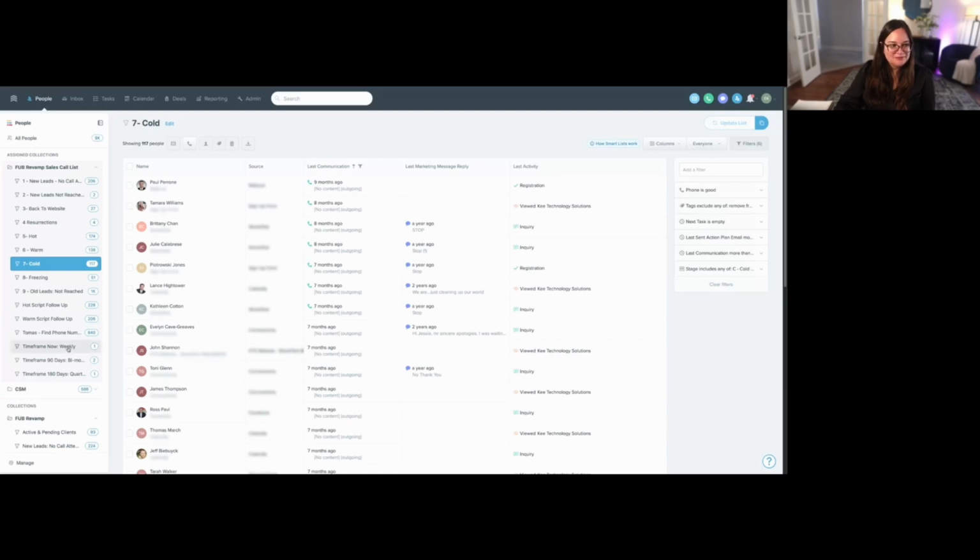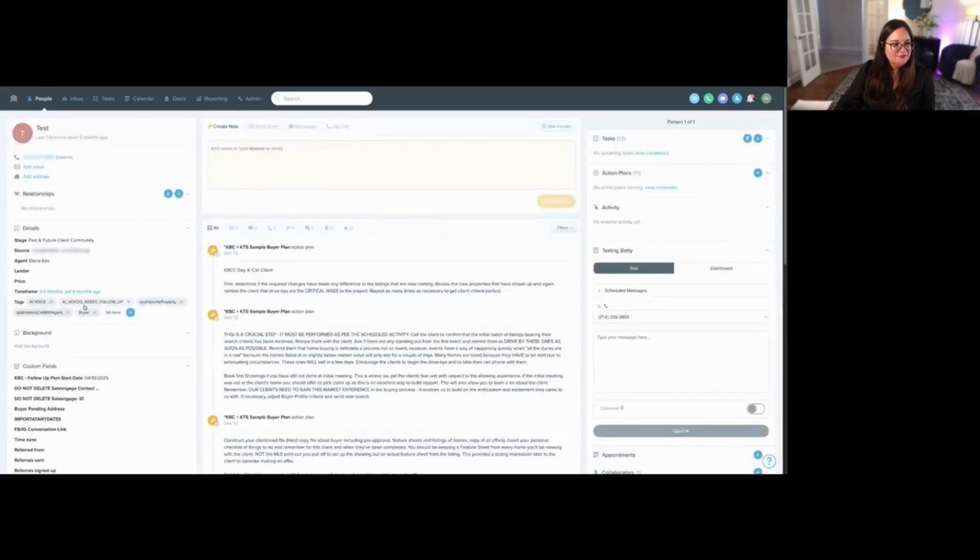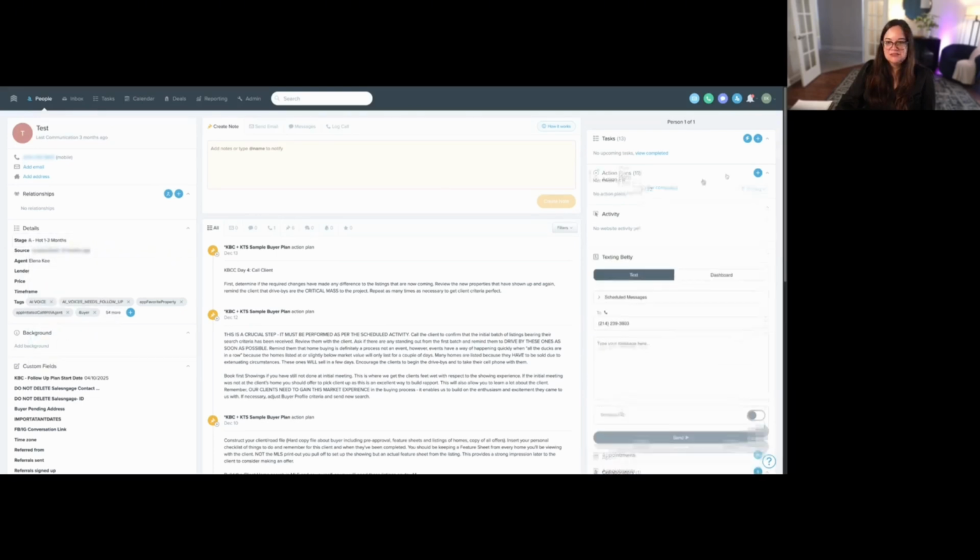Why? Because the time frame here can be missed all of the time. You can change the stage, and a lead has to be assigned a stage, but a lead does not have to be assigned a time frame. And so it can be empty like this. And so if you were to remove the hot, warm, cold lists that were based on the hot, warm, cold stages,